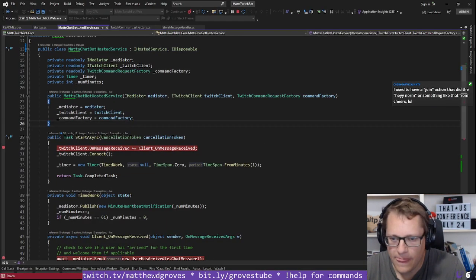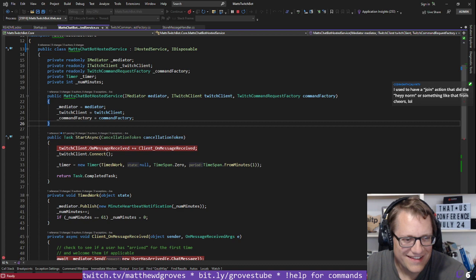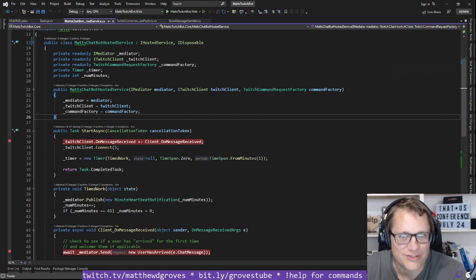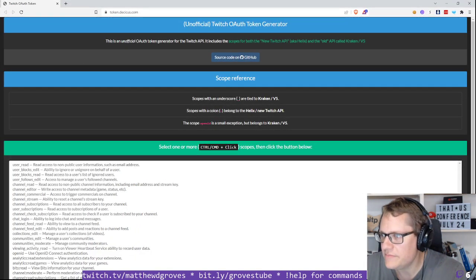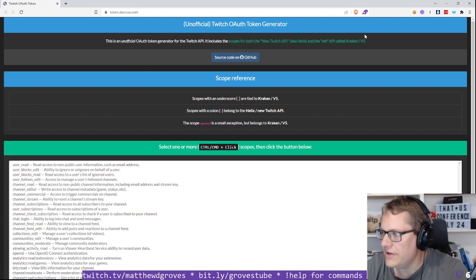So, I used to have a join action that did the "hey Norm" thing from Cheers, just for the join. Okay, so let me close this. And then Calvin gave me a token generator, an unofficial token generator for the Twitch API. It includes the scopes for both the new Twitch API and the old API. So this is different than, well,